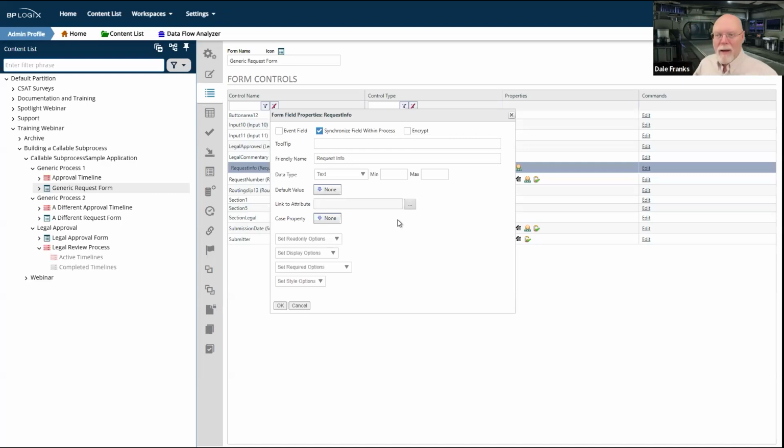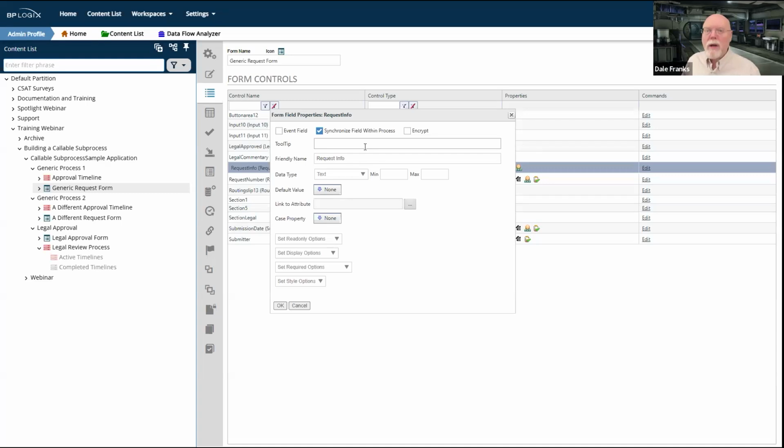Mark one field. And by the way, we don't really have any way of vetting that in the system. We don't really have any way of going in and saying, well, hey, you click synchronize field on this form, on this request info field. Now on this form, you've done it again.